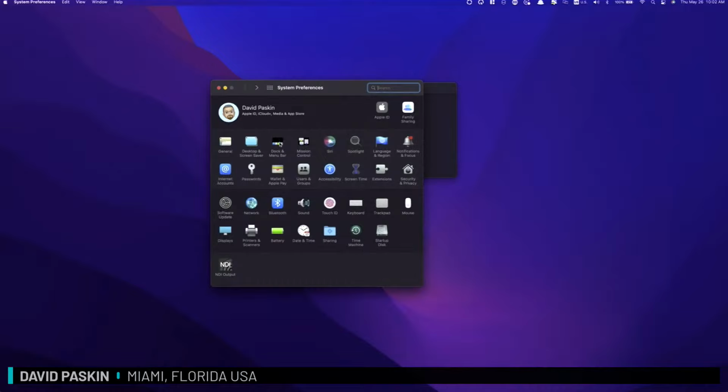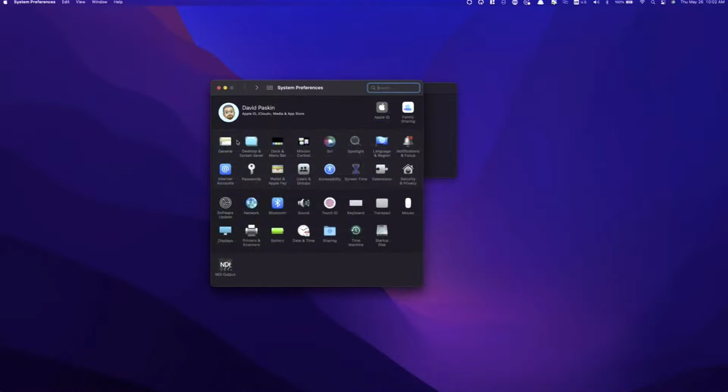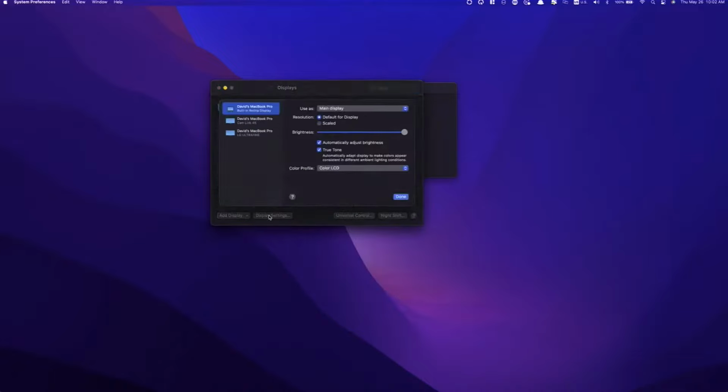I believe it's under, is it dock and menu bar? I never remember where this is. Here it is. So down at the bottom here, you've got menu bar. No, that's not it. Forgive me. I believe it's in general. No, it's definitely not in general. I've had to search for this a few times. I can't find it right now.